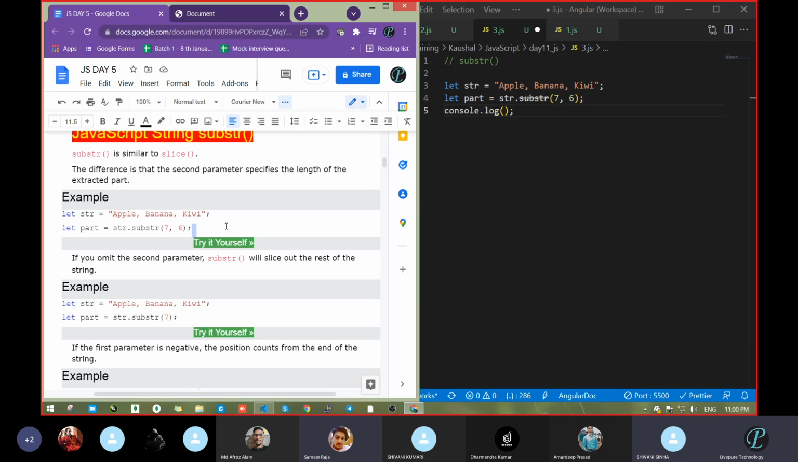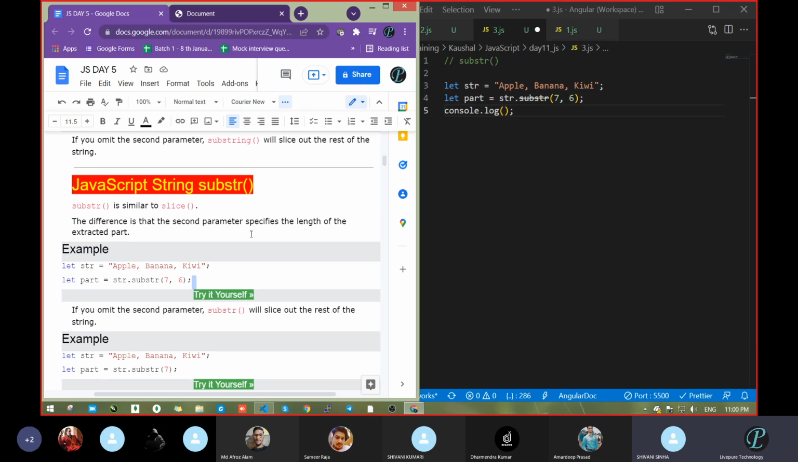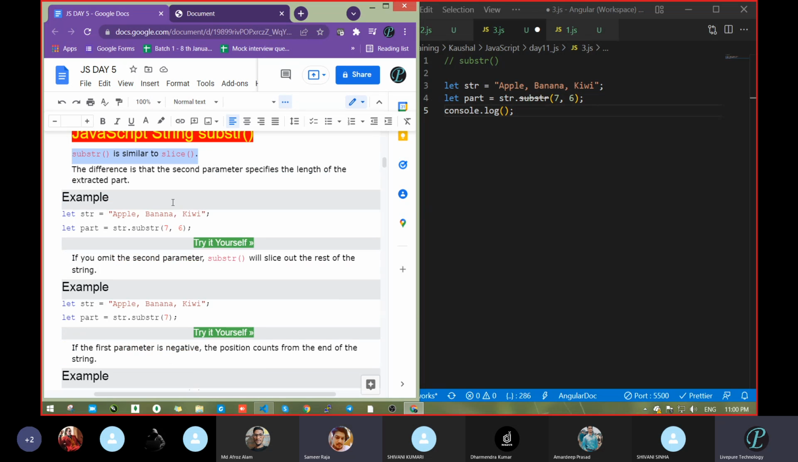Okay, so the next property is substr, and the previous one was substring. Keep this in mind. In the case of substr, it is similar to slice. You can say they are all like brothers of slice itself, but the difference is that...